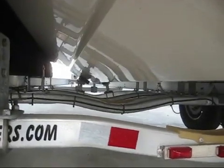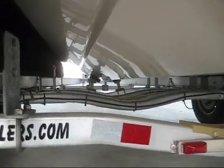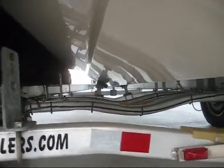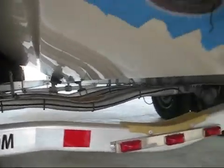You want to pick a location on the bottom of your boat that has no obstructions in front of where you plan on mounting the transducer. Any obstruction will cause turbulence in the water, and that's going to affect the signal and make the transducer not work well at higher speeds. So the spot we've chosen, you can see, has absolutely nothing in front of it, and it's mounted right here